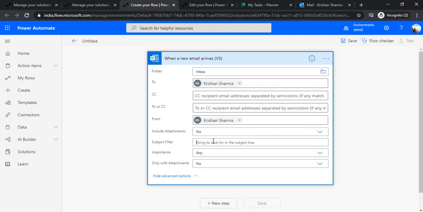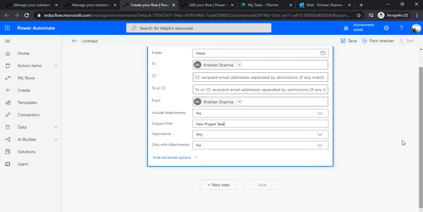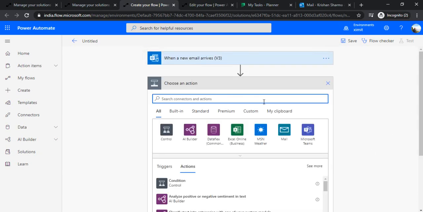Then it should check for the subject filter as well. Let's say new task or new project task. So whenever it arrives with this subject name, then it should call my child flow.